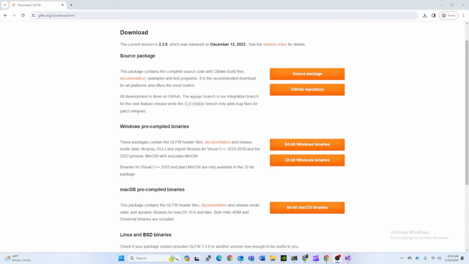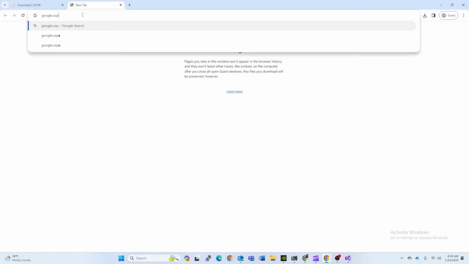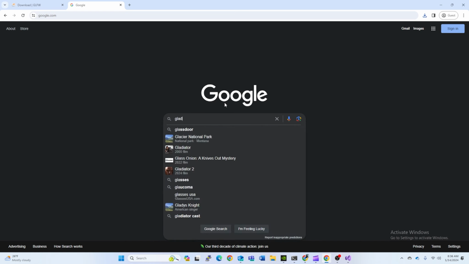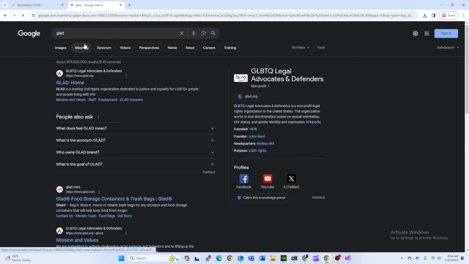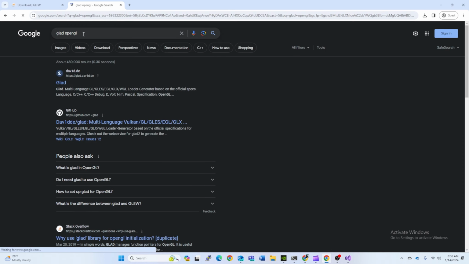And the next step would be downloading GLAD. The same thing, you go to Google and search for GLAD. Of course, you have to type OpenGL, and we have this link here. Click on that,